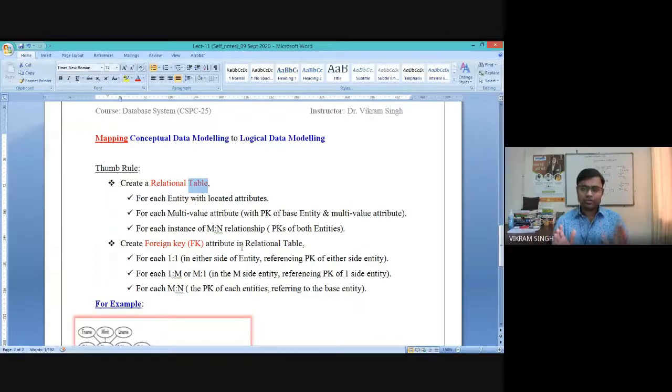So whenever we have a 1:1 relationship between two entities in an ER diagram, to define this relationship, whenever we map these two entities into two different tables, you can use the primary key of either side. One possible option is you can use the primary key of this side table. So suppose we have this department and employee entities and their relationship. If it is 1:1, you can use the primary key of the department table. So let's take D number as the primary key of the department table.